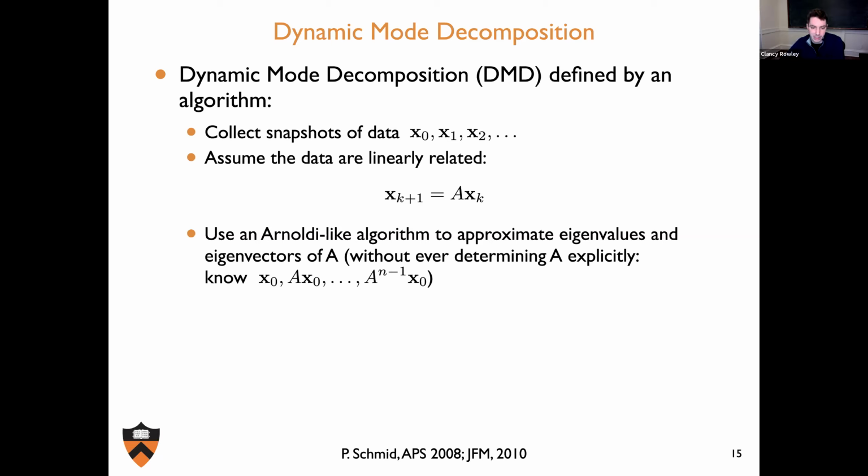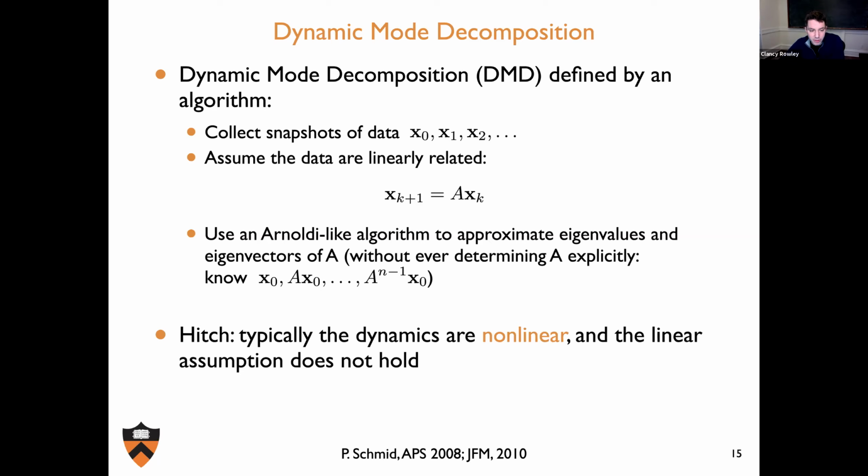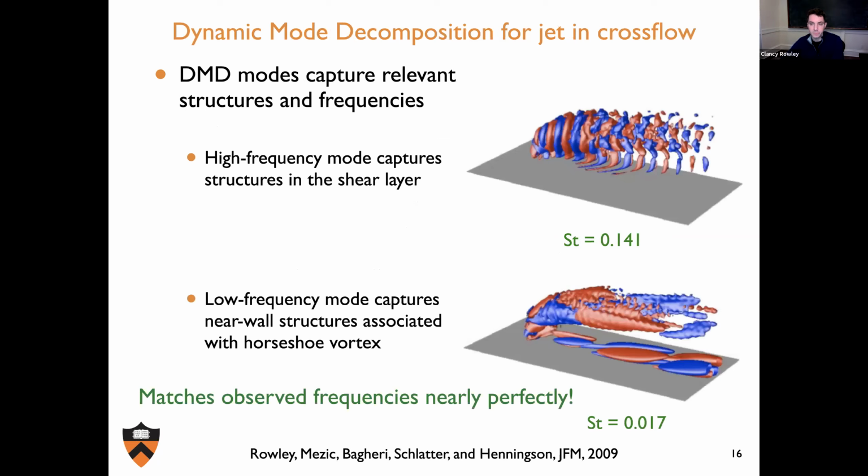And you can use this algorithm to find the eigenvalues and eigenvectors of A, at least approximate them. Okay, so a hitch is that typically dynamics, at least for the Navier-Stokes equations, are nonlinear, and the linear assumption does not hold. But let's see how this method works on this data set here. So if you just take snapshots from this full simulation and compute these DMD eigenvectors, DMD modes, you see this,